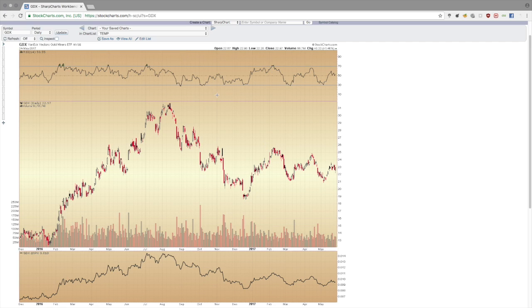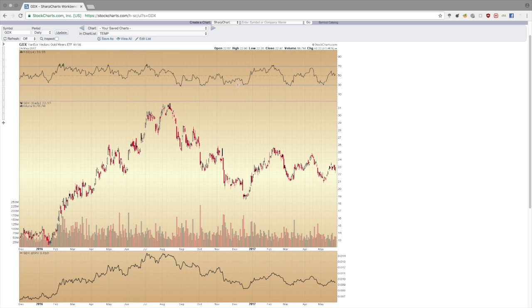And conversely, when a market is moving too far down too quickly, this RSI will go below the 30 level here, which gives us a sense of a short-term bottom that may be forming. For example, here you touched the 30 level on the RSI, and it corresponded to this major bottom in December. So that is what's at the top of the chart.